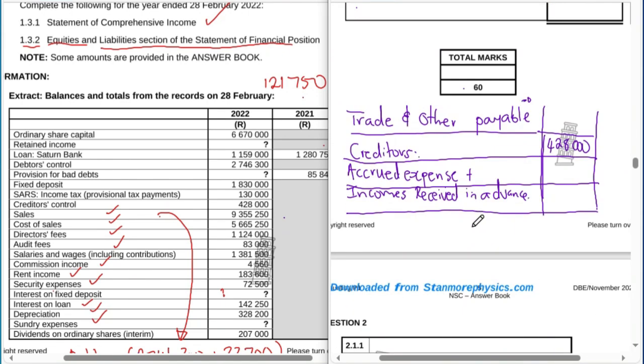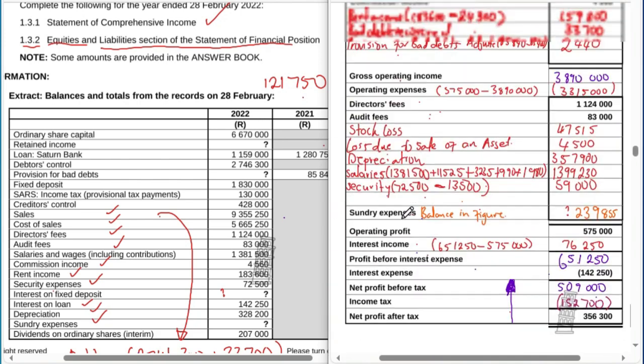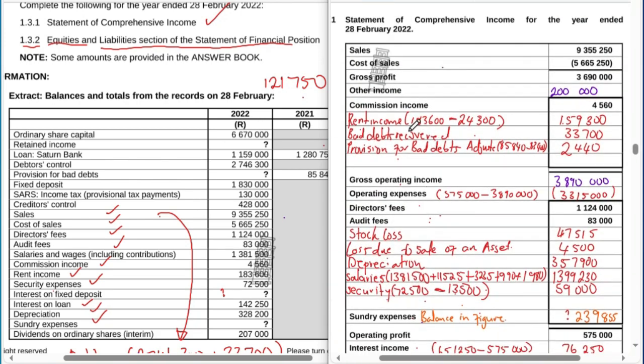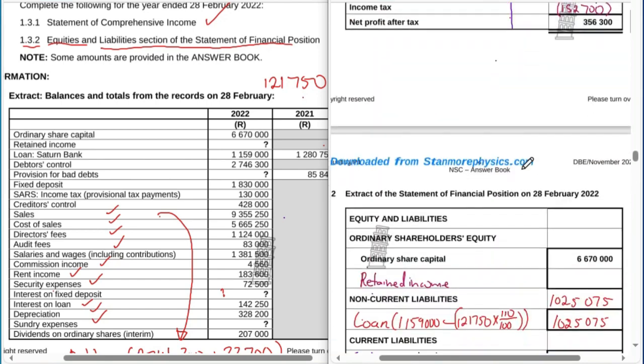Then we don't need to force, but we need to put a dash. And then now we have what? Incomes received in advance. And then income received in advance, it will be shown by which sign? By the negative sign. And then now we go to our income statement, and under our income statement we only have what? Rent income, and it's what? It's income received in advance. For how much? 24,300. And then we are going to take that